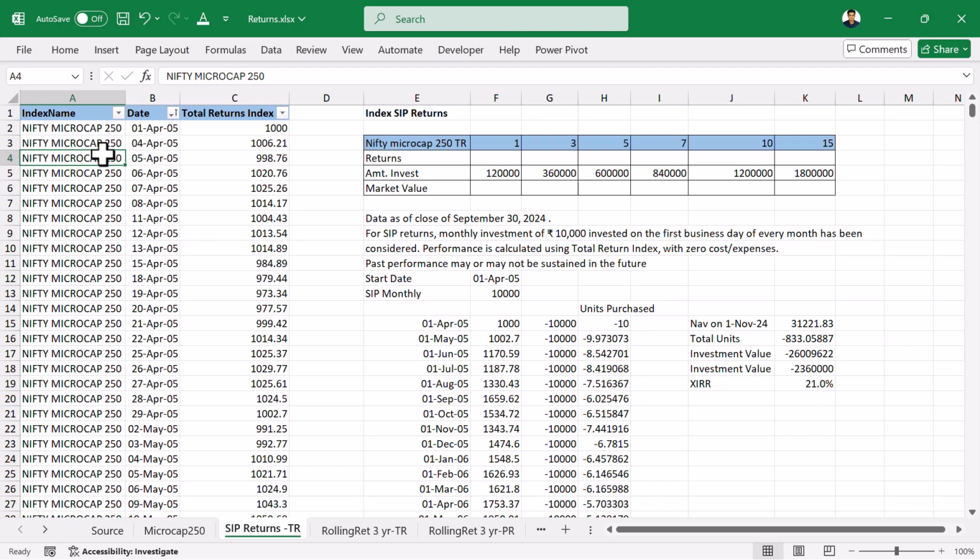And this is an exercise for you guys to do yourself. This is the Microcap index data, and what I had calculated is that the since inception return, if you had done a 10,000 rupee SIP in this index, would be 21%, and that is from April 1, 2005 onwards. So I'm not going to explain this. This is an exercise, you do it, and if you have any queries, you can put them in the